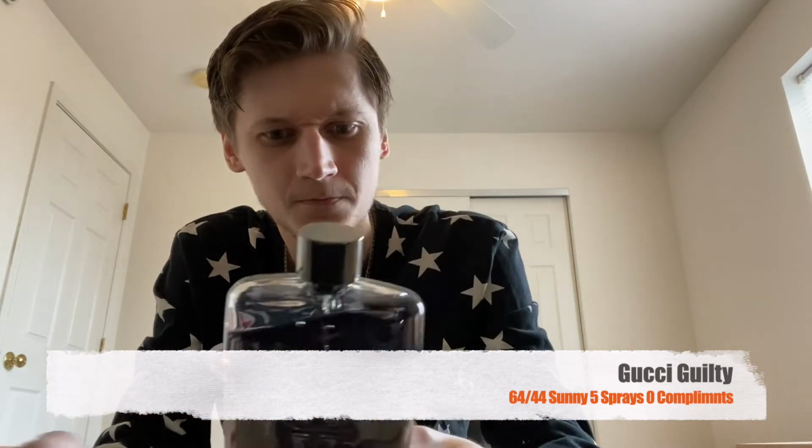Now this fragrance here, guys, is a fantastic fragrance for the spring. It's really citrusy, fresh. I believe it has lavender. I'm picking up a lot of lavender in it. But yeah, this does not get talked about much in the fragrance community. I'm not sure why. It's honestly a pretty solid release from Gucci, the original Guilty. I know a lot of the flankers get much more love,